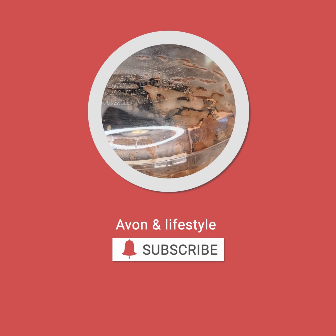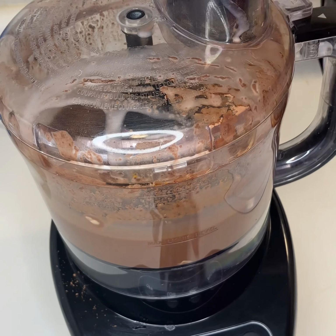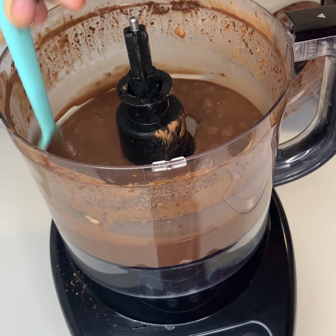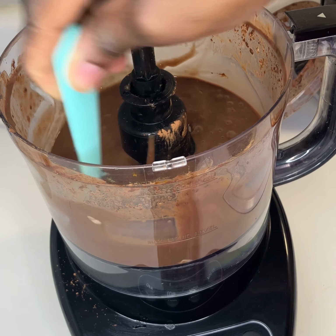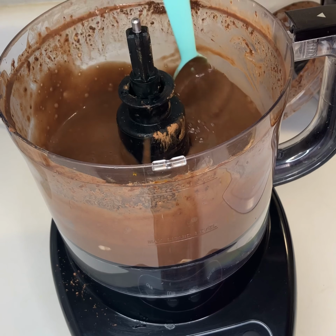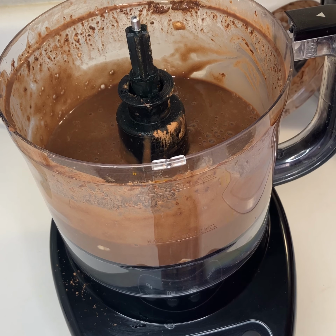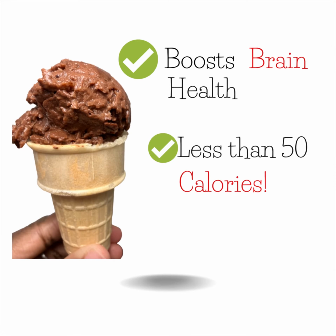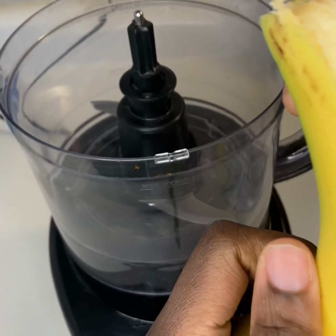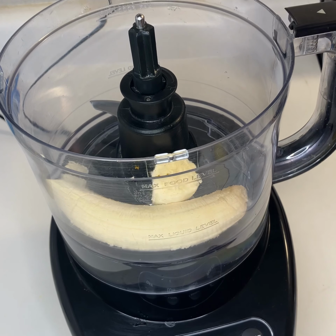Today's health information is on how to make a chocolate ice cream option, and we're going to be talking about cocoa powder. Now, cocoa powder has neuroprotective effects. Cocoa powder contains a large percentage of antioxidant molecules, mainly called flavonoids, and these stimulate blood supply to the brain. Now, cocoa powder also improves cognitive performance during aging. It lowers the risk of Alzheimer's disease and reduces the risk of stroke in humans. Cocoa powder has also been proven to promote brain cell